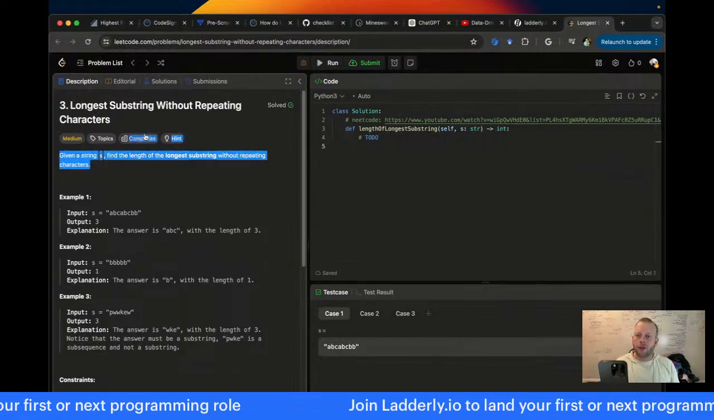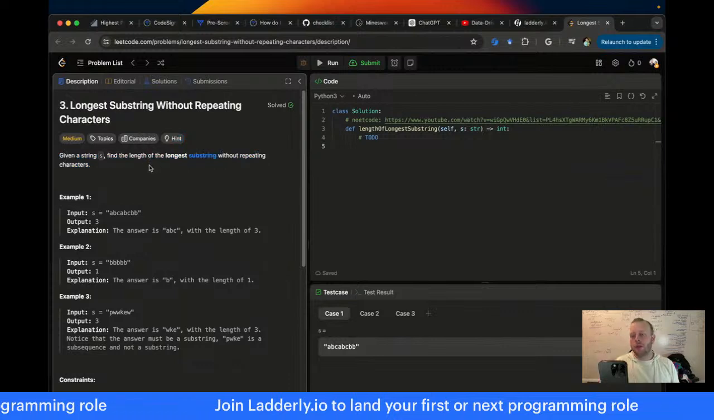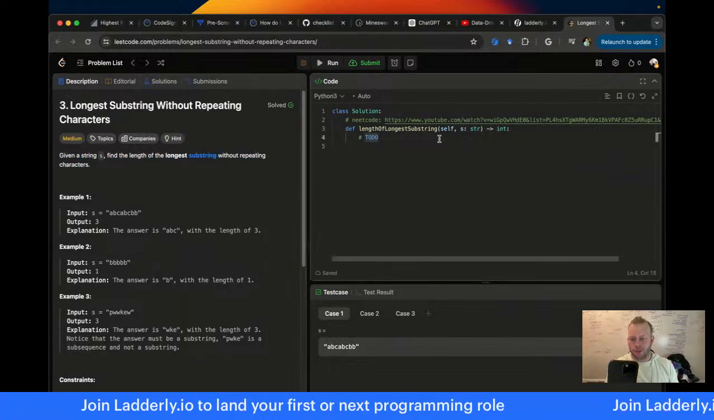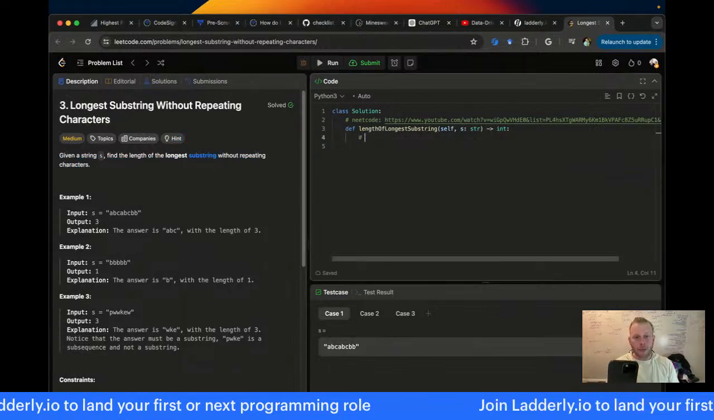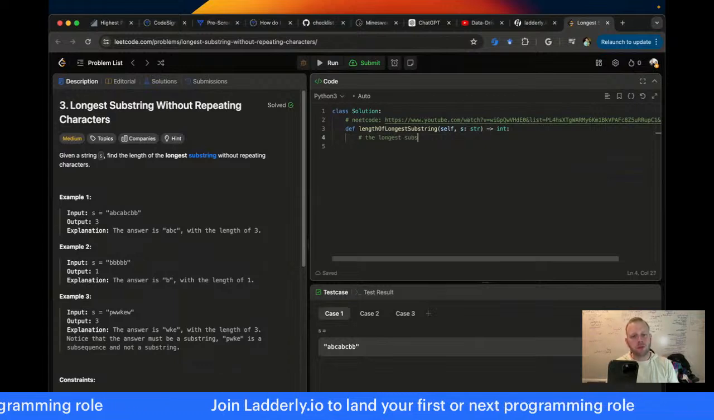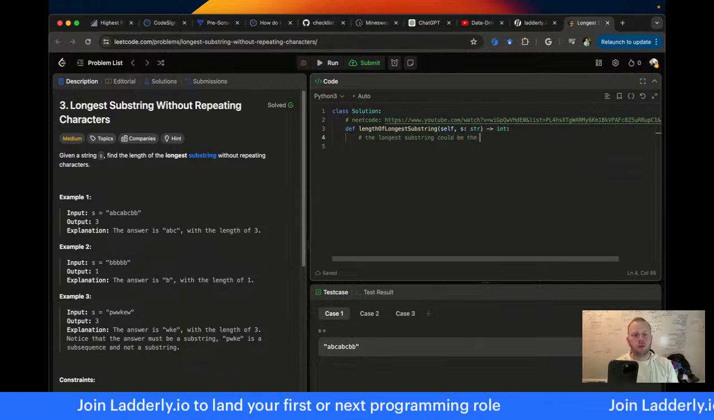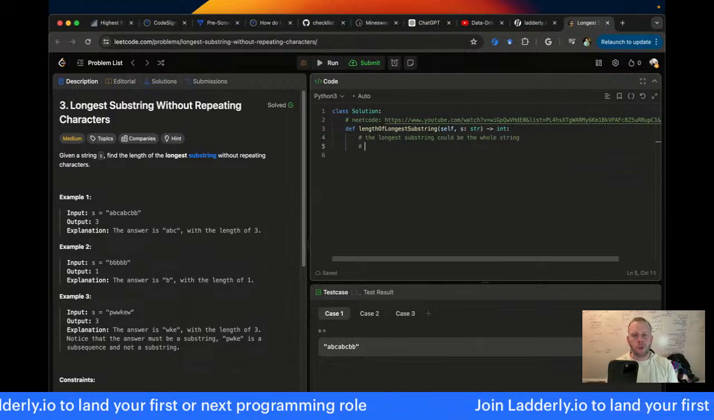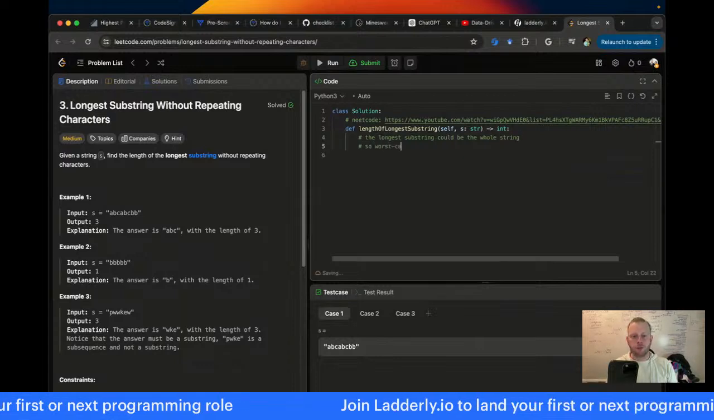Okay. I mean, the longest substring would just be the whole string, right? The longest substring could be the whole string. So worst case,